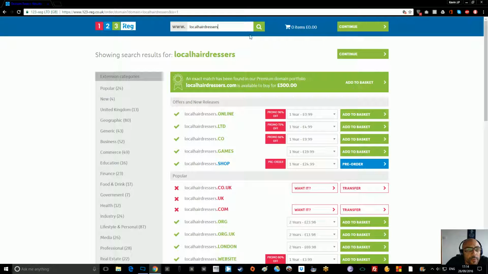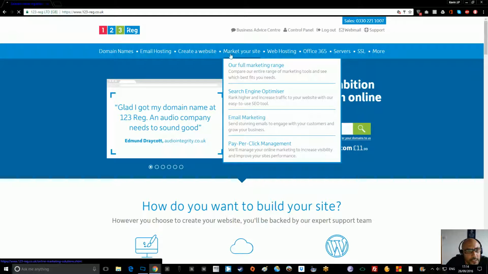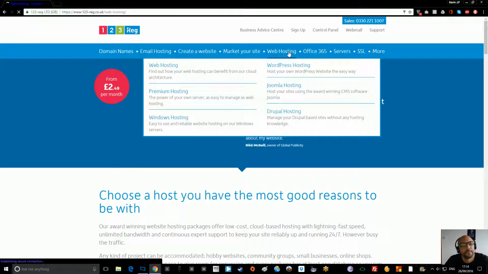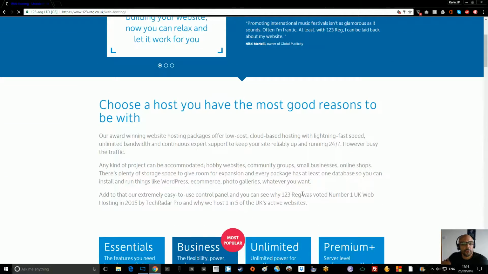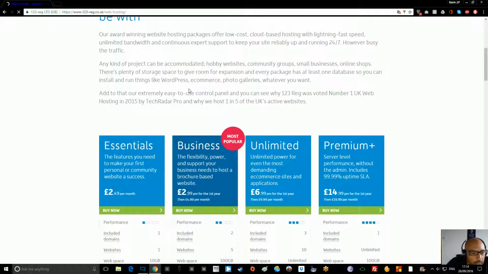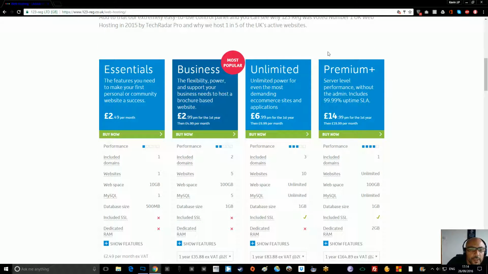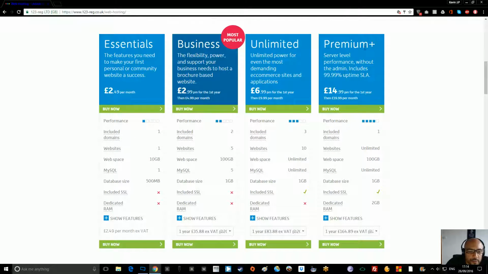And when it goes to hosting as well, let me just go back to here. There's different types of hosting that you can get. So let's go to web hosting. So it's going to give you an option. So these are the web hostings that you can get. Now you can do these monthly. Now, when I've gone into one, you can get this one, which isn't too bad, but I would rather go